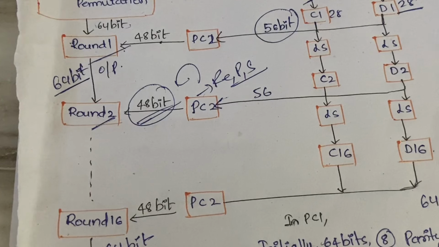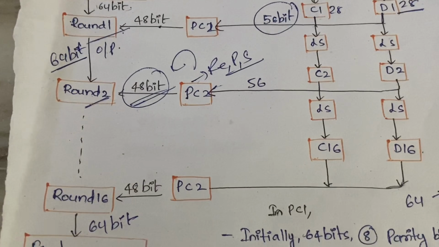It will have different keys, because even if a third person gets to know a key, he may get the key of round 1 or round 2 or round 3, anything, right? So for one round he can easily decrypt, but the other rounds he cannot, right? So in order to make it more secure, we have different keys for different rounds. If all the rounds had a single key, and the third person could get that key, he could easily corrupt the entire algorithm. So that is why we have different keys for different rounds.